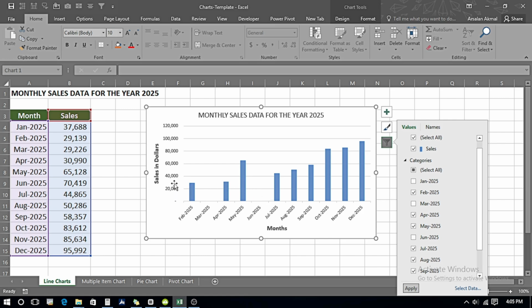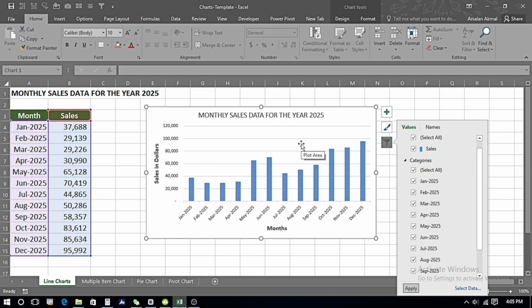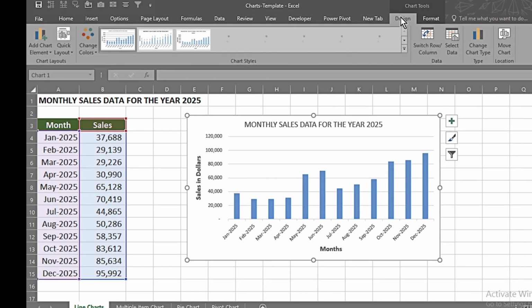The January is also missing over here. If we want to remove the filters, we just check it all, apply it, and now complete data is appearing over here. Moving on to the design tab, the charting elements, colors, styles, filters we saw, we can see that all